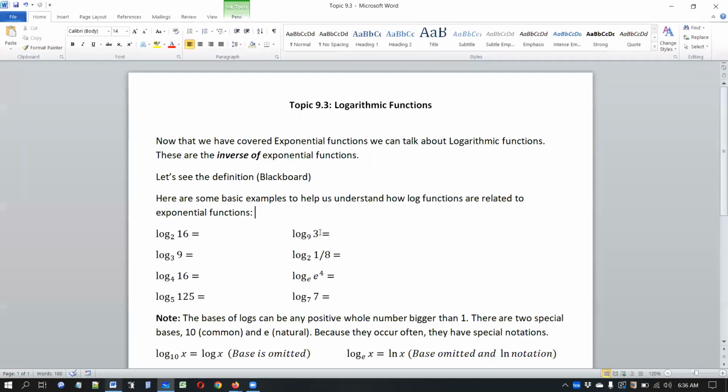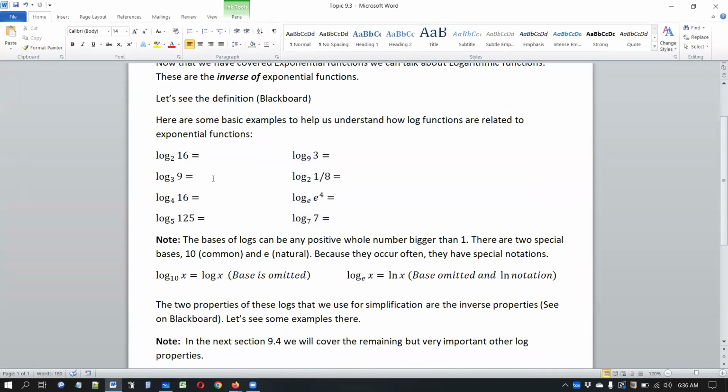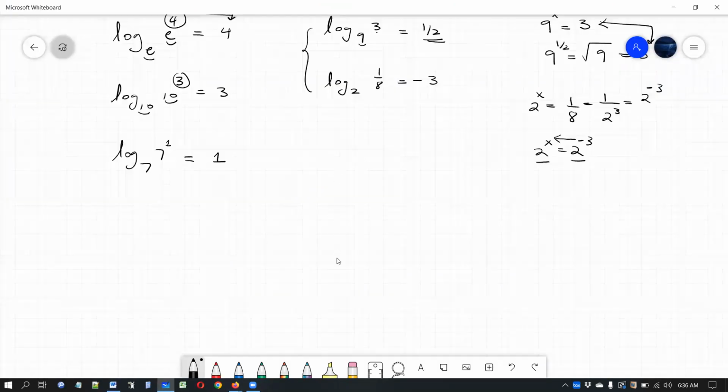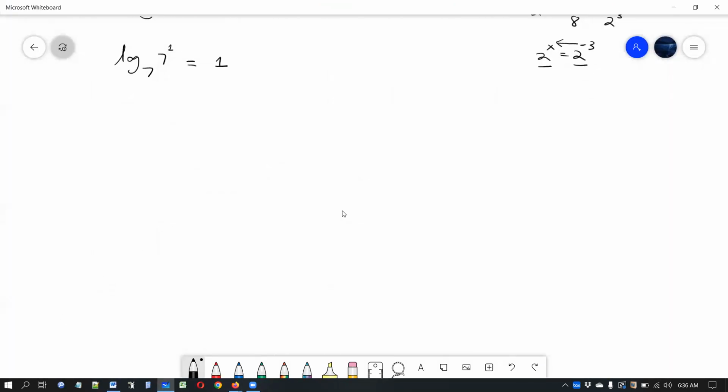Okay, so this is the idea of logs, right? To evaluate all of these simple examples of logs, even though obviously you have a calculator and you can use a calculator, we are looking for the exponent. We'll raise the base 2 in order to get the number. Now, as you can see here, there are two special log notations that we need to be familiar with. Okay, and I'm going to write them here. So these are the